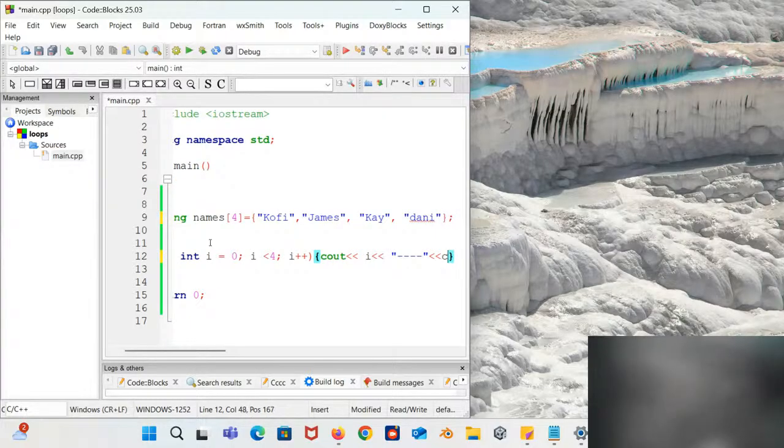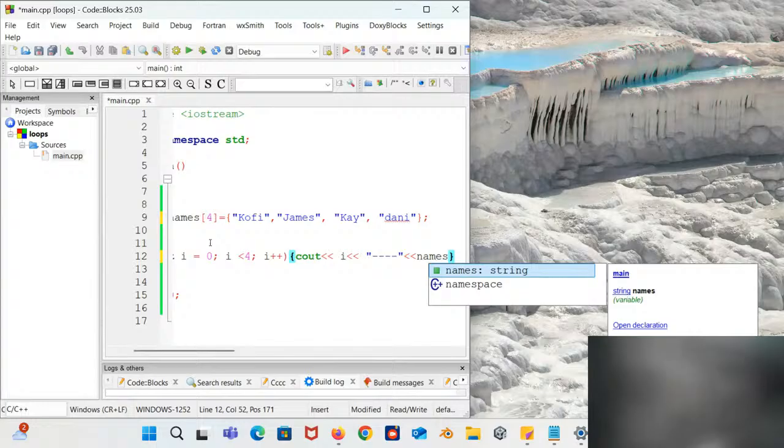And I can have the array, right? What is the name of the array here? names, right? So just names.